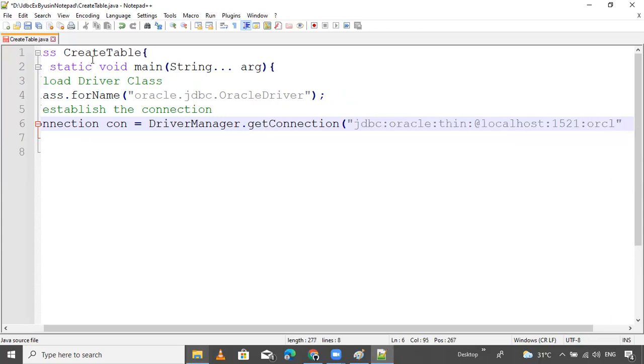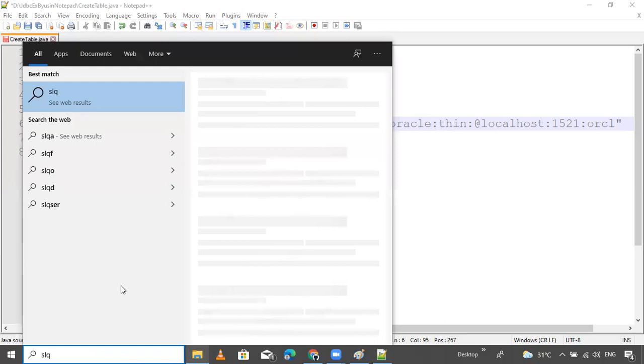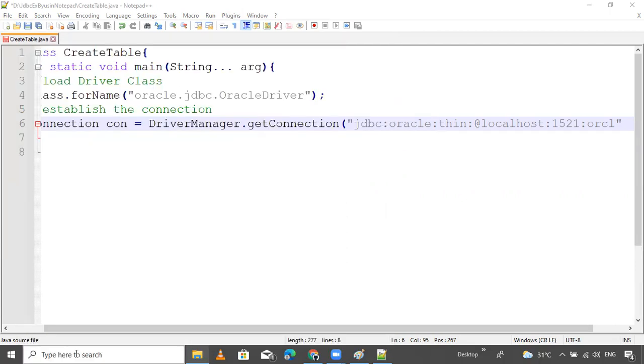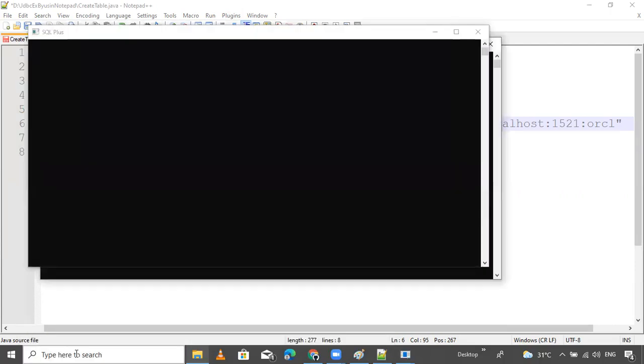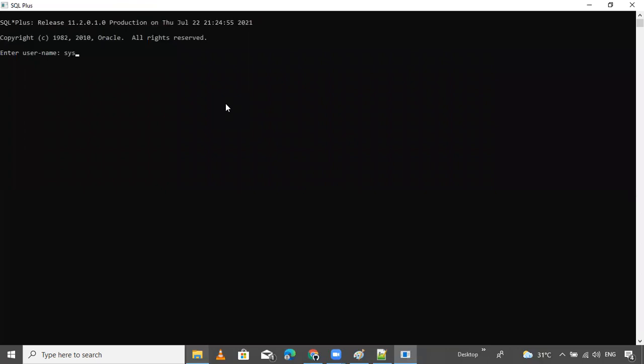If you want to know which service ID is in your database, it's simple. Open the SQL prompt. Search for SQL Plus and enter. My username is system and my password is also system.